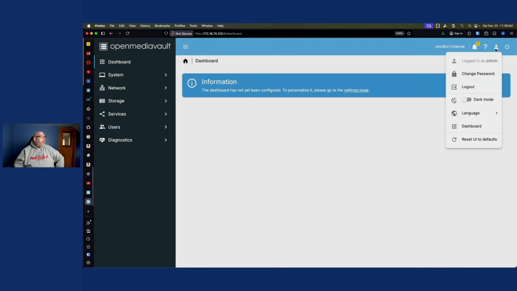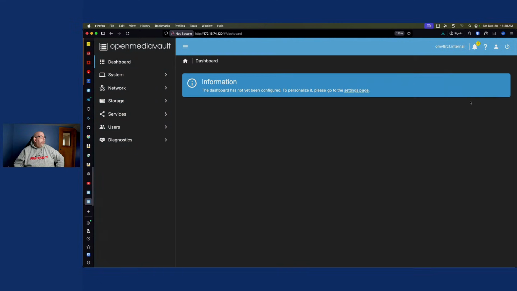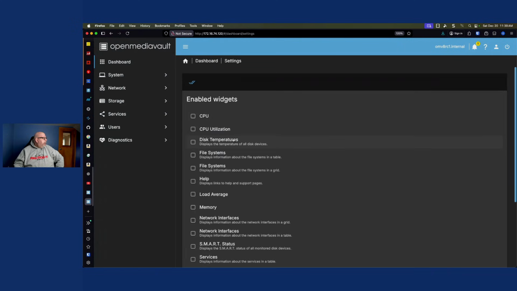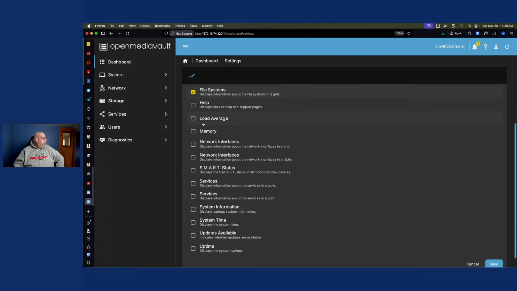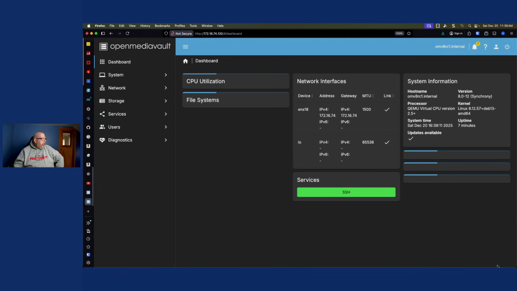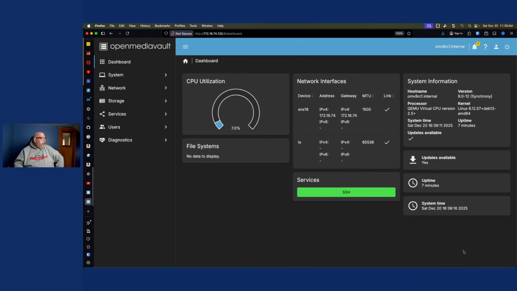So we're going to go into our user icon and we're going to first change it to dark mode because that's what I like to use. So to each his or her own. We're going to go to the settings page and we're going to add a few things just so we've got our dashboard or home page set up. I think that will get us where we want to be. And this is generally what I have showing on the home page or dashboard, as they call it,